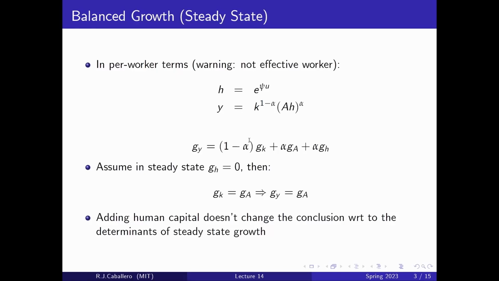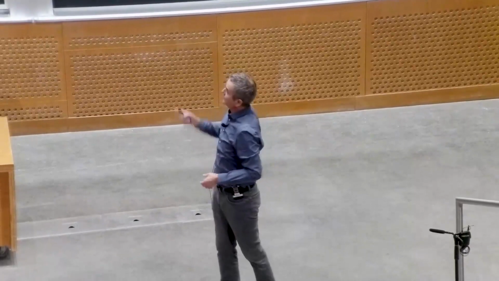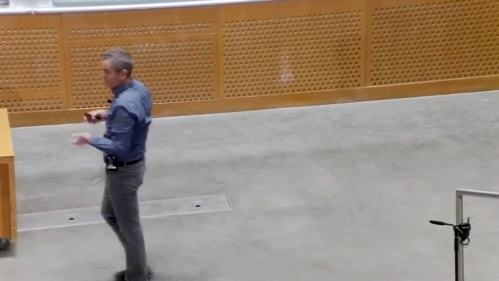I can always divide all my variables in the model by whatever I want. I divided by effective workers because I wanted a diagram where the curves were not moving around. But I can divide by whatever I want, and I will divide by different things depending on the analysis I want to conduct. Now, I know that once I divide by population only, not by A times population and education,